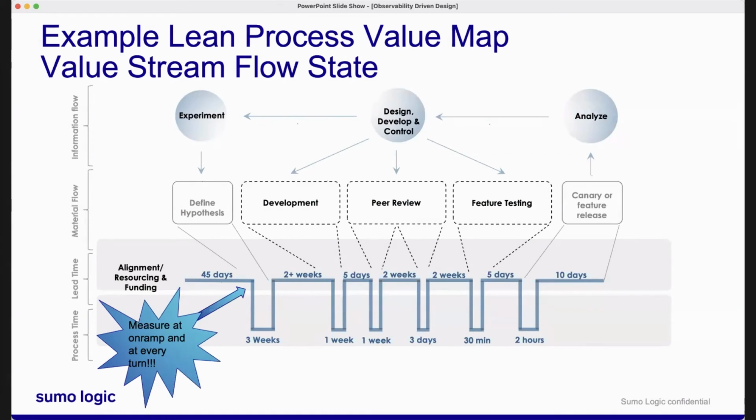Another approach that you can take is around lean process value maps, or value stream or flow state. We already have a solution out of the box called software development optimization. It takes you through all the DORA metrics from code commit all the way through the development process into production. But what if you were to extend that to encompass everything upstream from that code commit process? If you have an experiment, you're defining a hypothesis. How many experiments can you run across teams over the course of a year? How many times do you get to analyze these ideas? How long does it take to acquire resources and funding and allocate those resources?